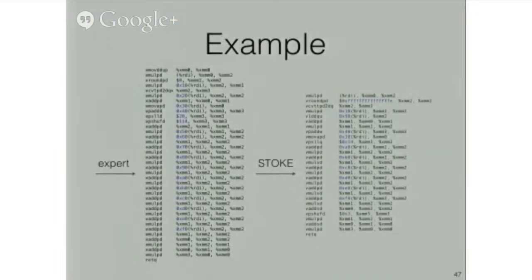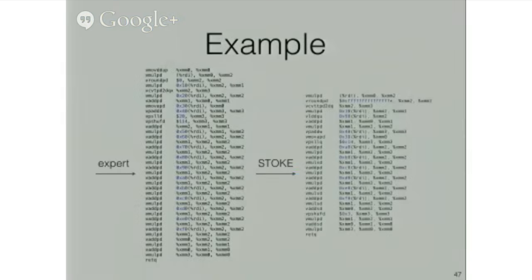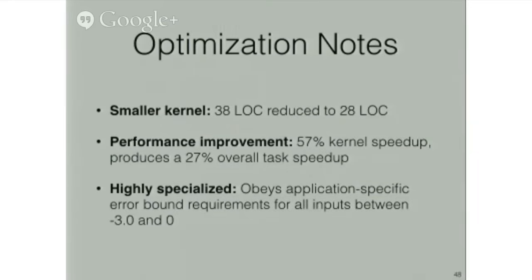The code on the right here, again, was produced by Stoke, and it's based on something like a Taylor series expansion, only it contains strange constants. Multiplications have been replaced in many cases by adds, terms have been dropped, terms have been added, and there are in many places rotates and shifts, which to the best of my knowledge approximate arithmetic, and are also slightly faster, interestingly. Once again, the takeaways here are the Stoke code was produced completely automatically. It's also 25% smaller, and it's 57% faster than the original implementation.